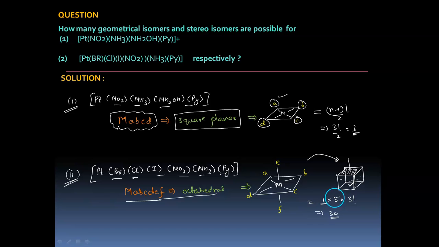And it consists of enantiomeric pairs, right? So if they ask how many enantiomeric pairs are possible, the answer would have been 15. But here they are asking for stereoisomers, meaning a molecule and its reflection are counted as 2. Therefore the answer would be 30. So for the first one, we will have 3 geometrical isomers as an answer, and for the second one, you will have 30 stereoisomers possible. Okay? So whenever possible, use the concept of permutation and combination to solve such questions. Thank you.